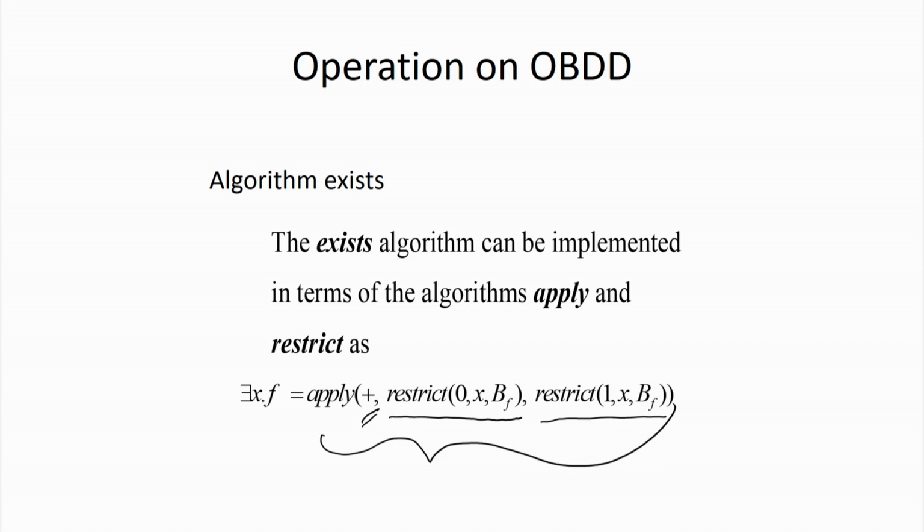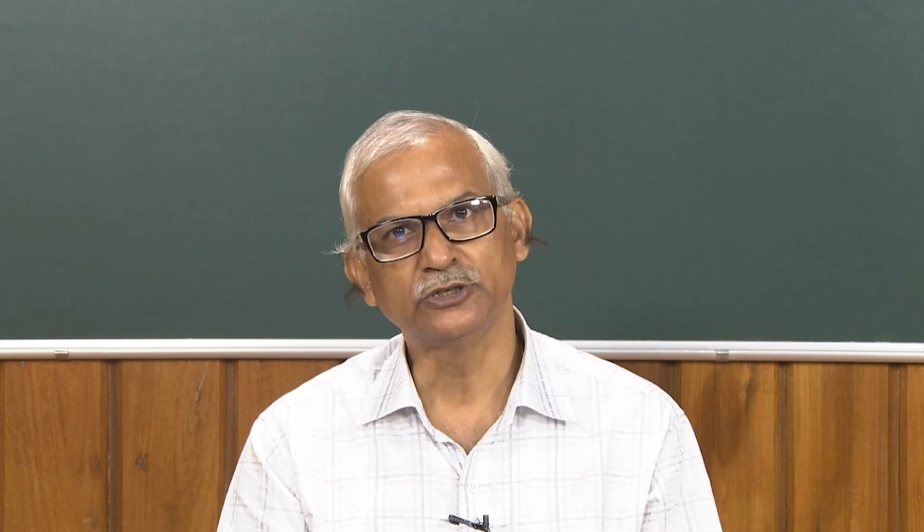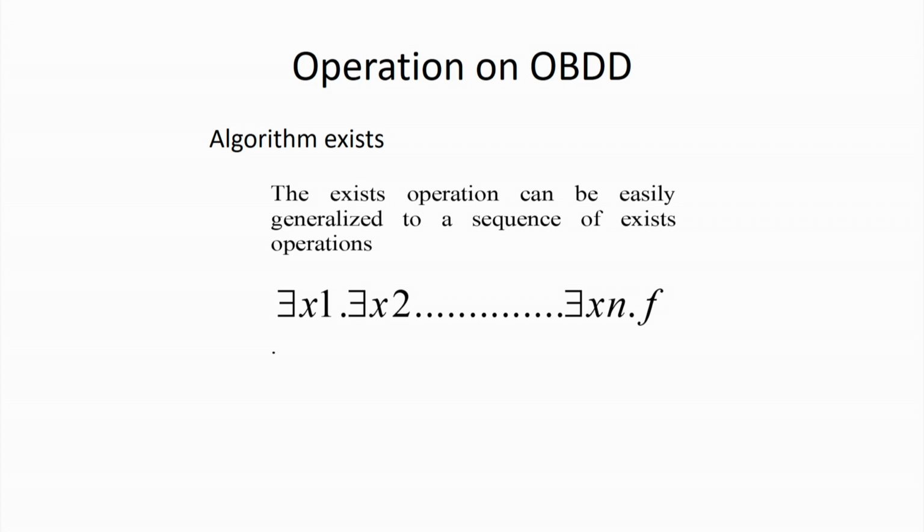So, these are some basic operations that we will be needing while performing operations on BDDs, or in particular ordered BDDs or ROBDDs, reduced ordered BDDs. And this existential algorithm or relaxation can be applied repeatedly, variable after variable. So, finally, we can apply these things. First, we can relax on x and then some other variable like that. So, finally, we are going to get one expression which will give you the relaxation or functional value of the given function on the relaxation of those particular variables.